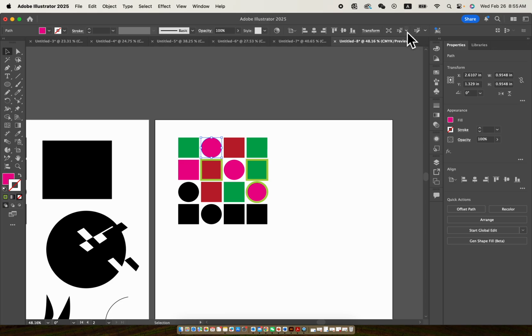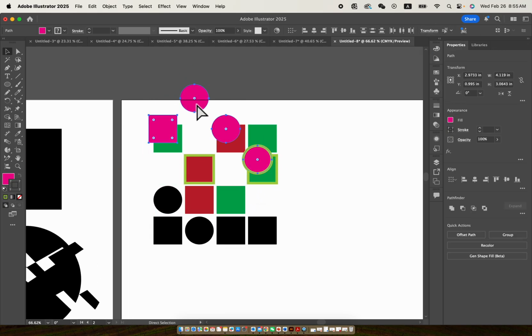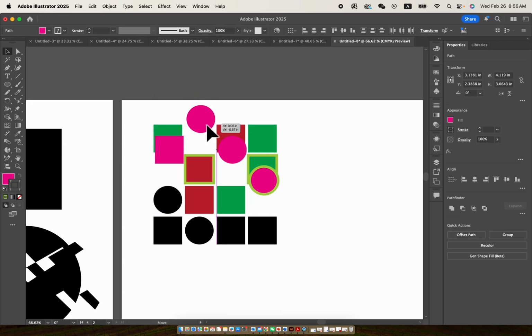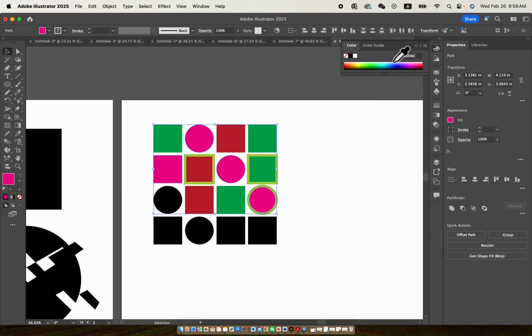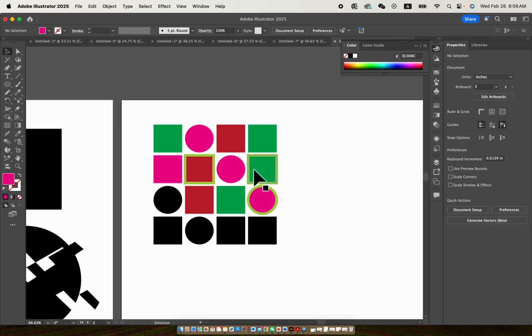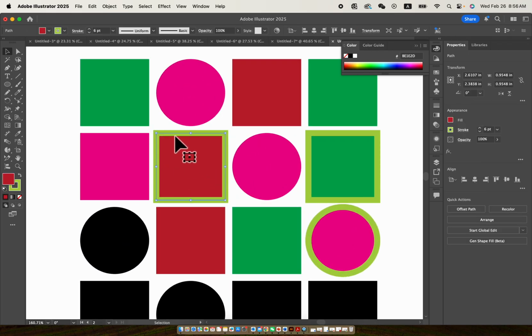So if I want to pick the same fill color, you can see it helps me pick all the pink elements in my artwork, and I can change the color for them if I want. I can change everything by one click. I don't have to pick them one by one. So if I pick this one and I want to select all the elements with the same stroke color,